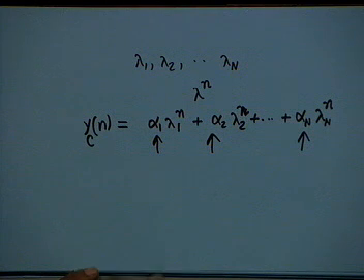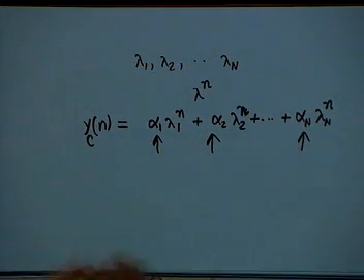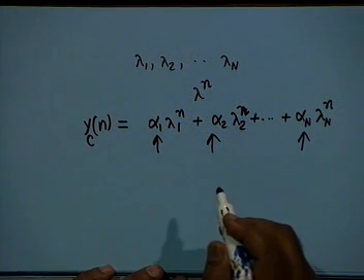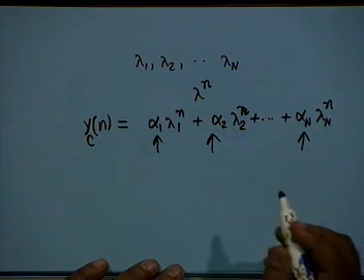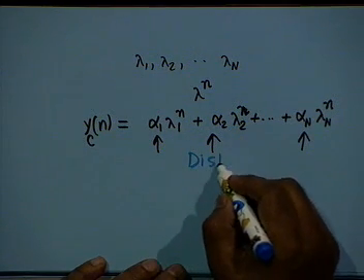It is very tempting at this stage to put the initial values, that is y of 0, y of minus 1, y of minus 2 and so on, or y of 0, y of 1, y of 2 and so on, to find out these constants. But this temptation must be done away with, because you shall end up with a wrong result. This evaluation has to be done later, after you have added the particular solution. In this formulation we have assumed that none of the lambdas are identical, that is, we have assumed distinct roots.